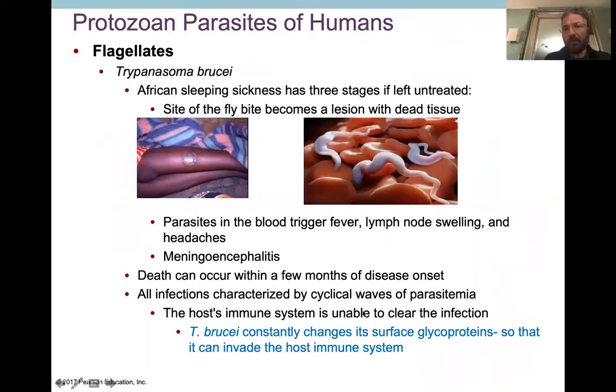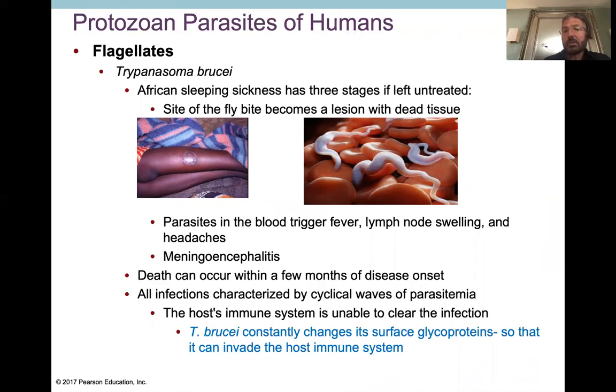All right, so here, remember I said that these things are going to be huge. They're literally larger than the red blood cells, and these are eel-shaped. They're flagellated hemoflagellates. They're actually floating around, and they're relatively big. All right. African sleeping sickness has 3 stages if it's left untreated. Right? So if you're in a populated area in Africa, they're going to know what it is. They're going to be able to treat it. It's the people in the rural sections who either don't believe in healthcare or have no access to good healthcare. They're going to have the major problems.